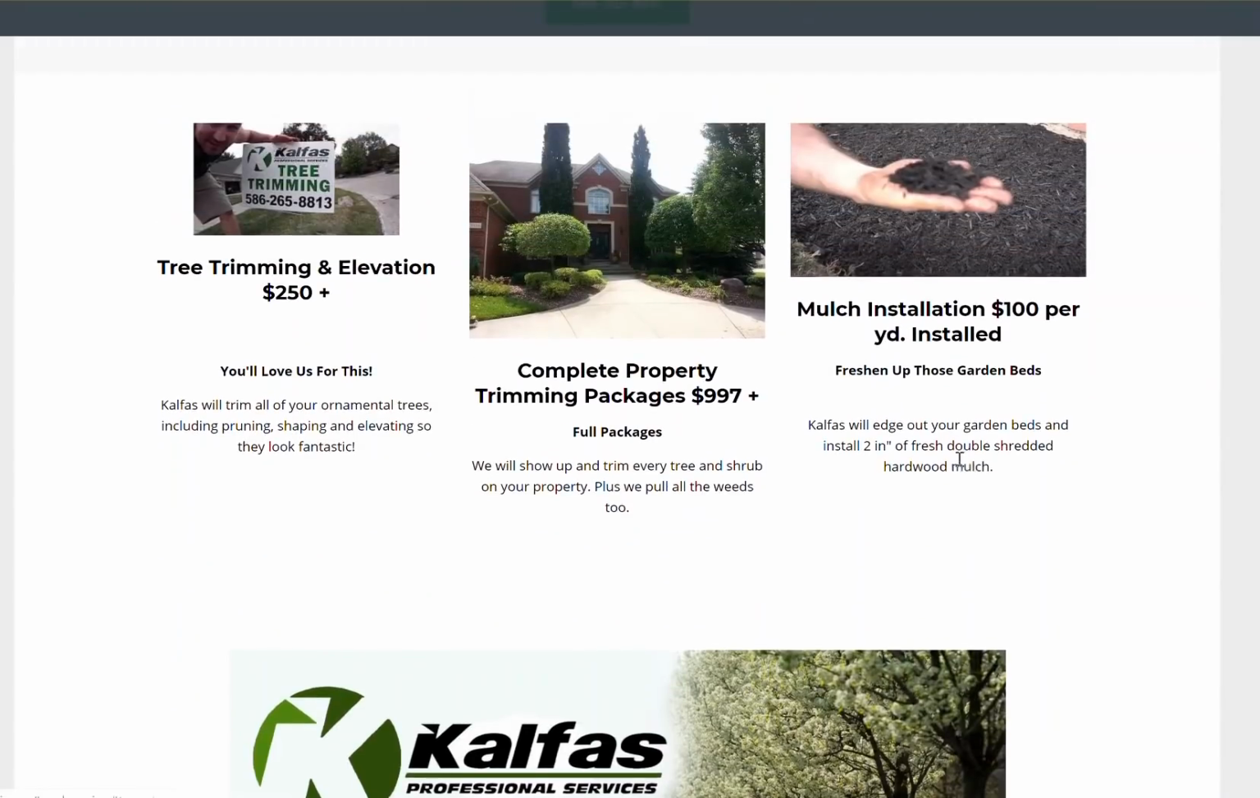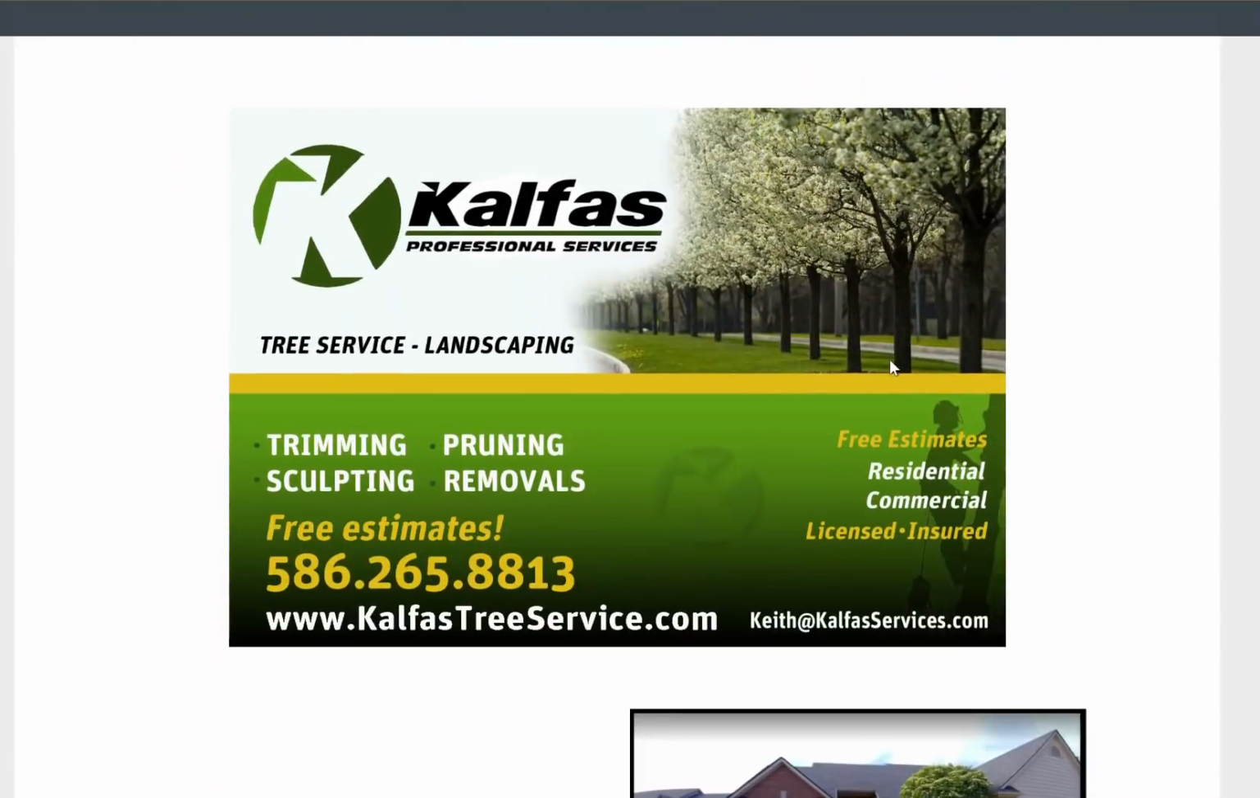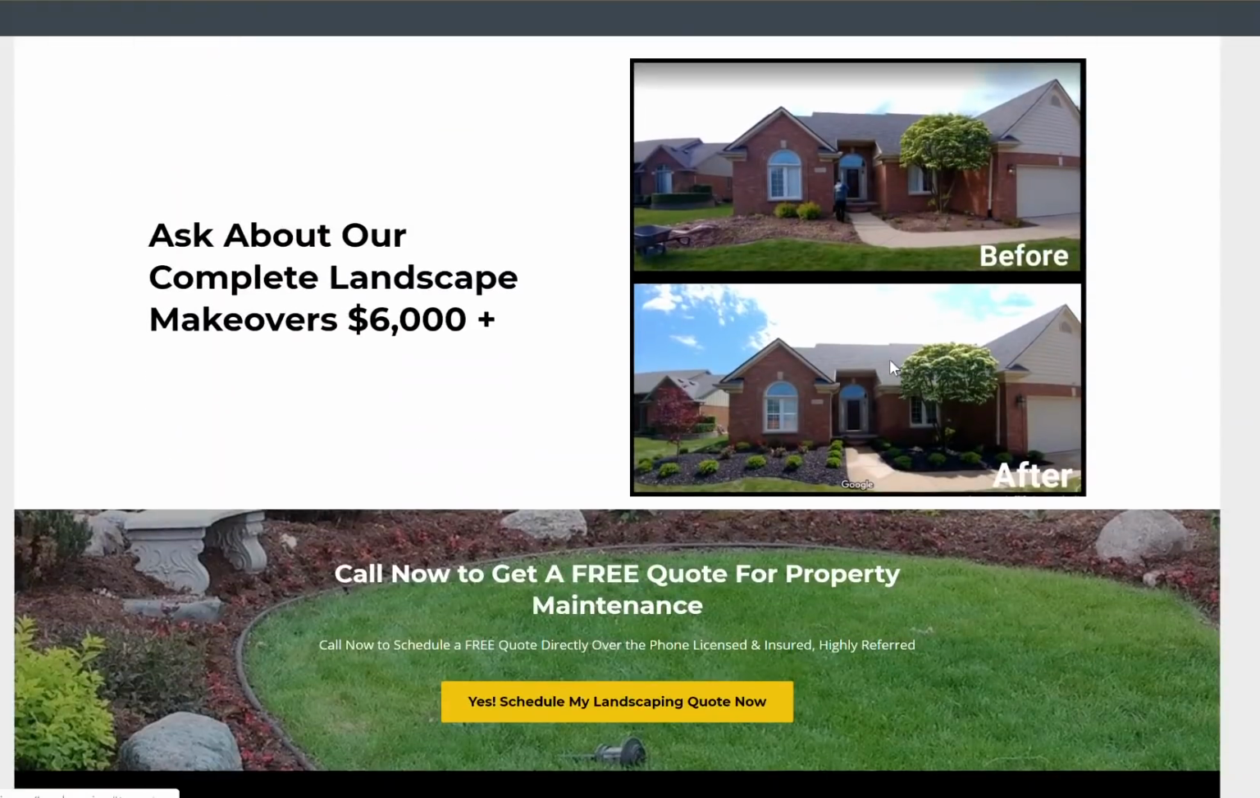And it also displays confidence, right? If you have pricing on your website, it shows the customers that you're confident in your abilities, and it gives them something to grab onto psychologically to know,